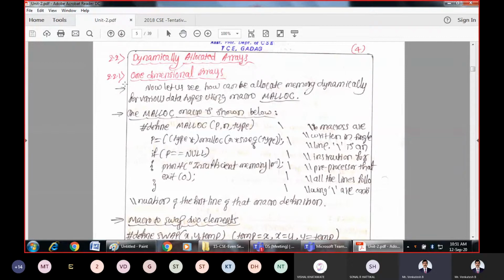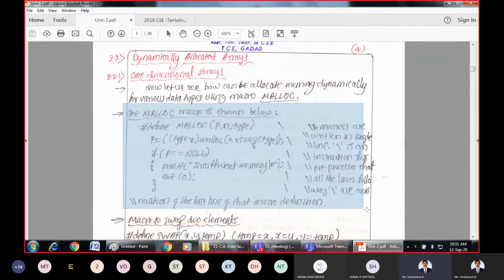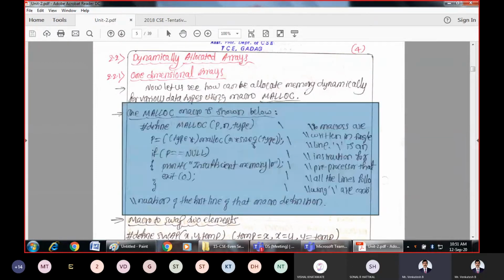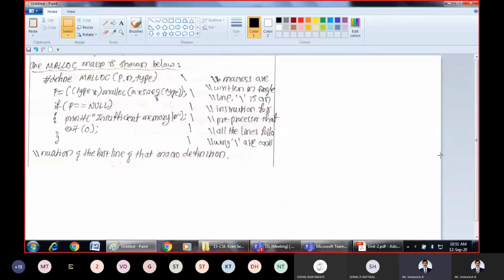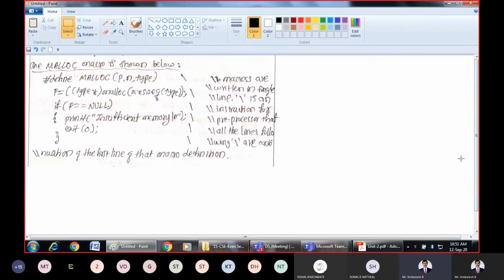So what I'll do is take this out to Paint so that it will be helpful for me to explain things. Right. So, the meaning of dynamic memory allocation. What it does here is